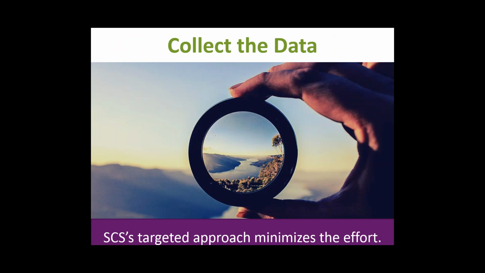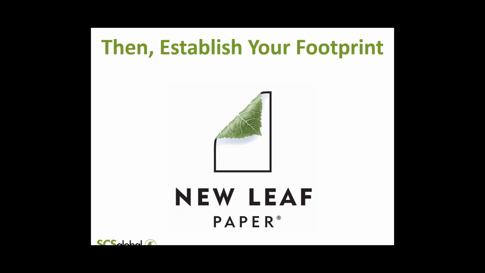Because we understand this can be a giant headache, collecting data from your facility managers at other locations, but even harder if you're actually getting into scope 3 and looking at your supply chain. It can be very difficult, if even possible, to collect good data from suppliers, and so it's very important to minimize the effort that goes into that, so you don't burden yourself with tons of work and cause stress amongst your suppliers for data points that might not even be relevant to the final footprints. Once you've set the scope and collected the data, you then move on to establish your climate footprint.